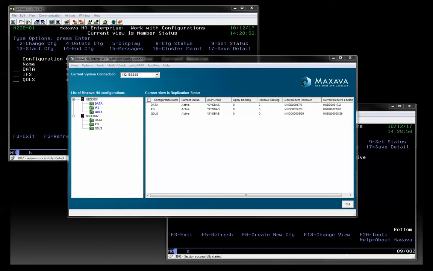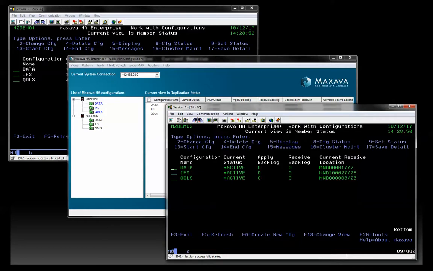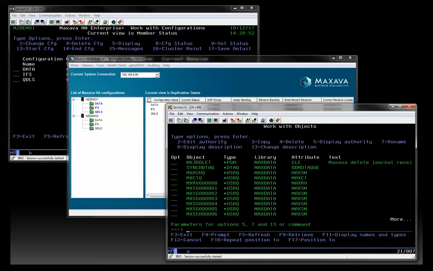Maxava Autonomics is a self-healing functionality that's built in and around the Maxava replication software. Once replication is set up and running, the implementer will look at setting up the autonomics components for your environment. The first component is that in the backup configuration library, which is the configuration name prefix with MAX, we will